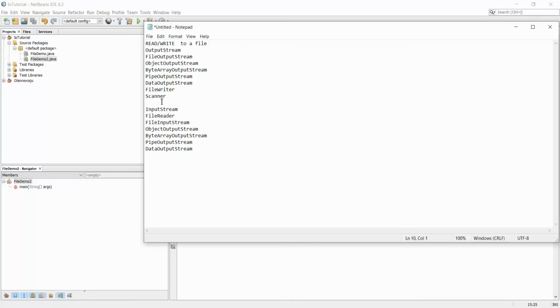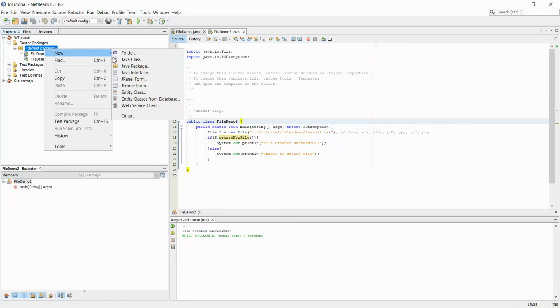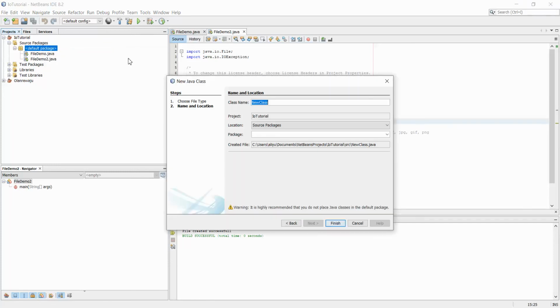So let's pick the first one, file input stream. Okay, let's pick object output stream for now. Yes, where is object? That's object output stream. So we are going to see how to construct object output stream. We are going to write to a file. But you know the most important thing is